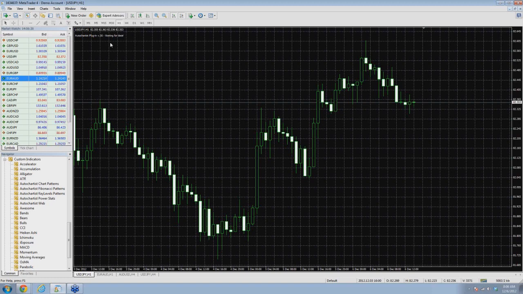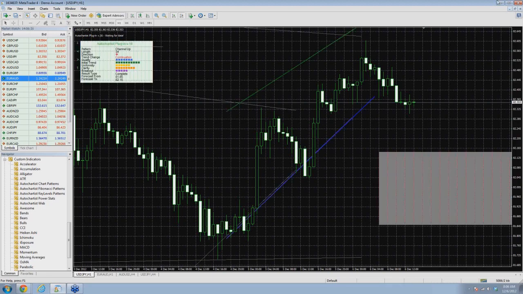And as it's doing that, you can see how fast that was. It's given me access to this Autochartist information here, as well as a particular chart pattern, which is a channel up here, and it's giving me the target box here, this gray box. So if you're familiar with the old screen of the web platform, which is set up like this that I'm pointing to right now, you'll see that it's the same chart pattern, the same information, except in a live